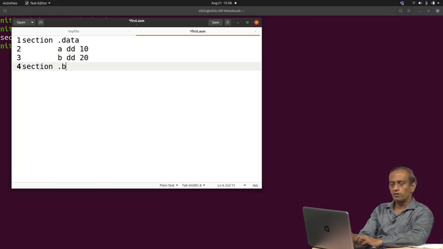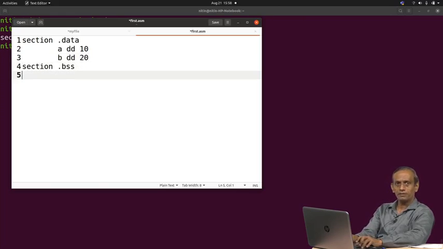If I want a variable to be declared which is not initialized, but we want to allocate some space for it, you write the variable name, for example C, and you use res, reserve. Let us say resd, double, that means define an integer type and reserve space for it. How many integers are to be reserved?